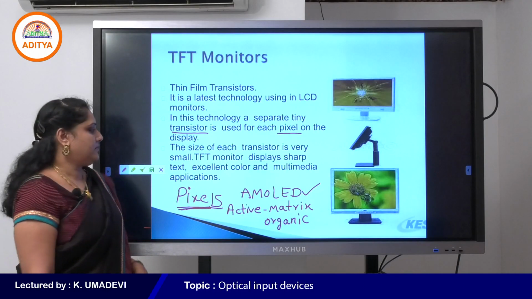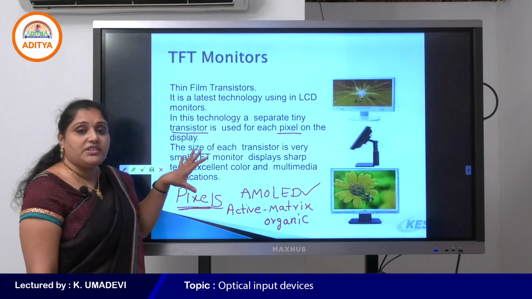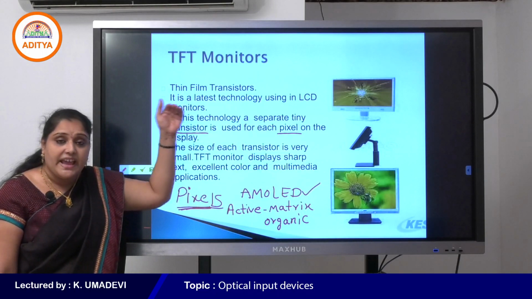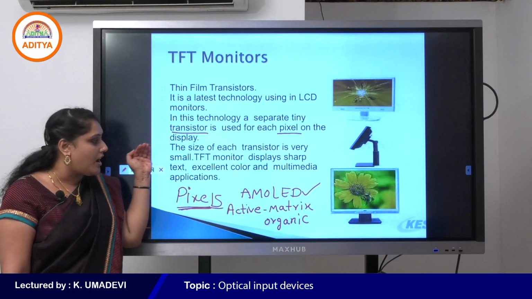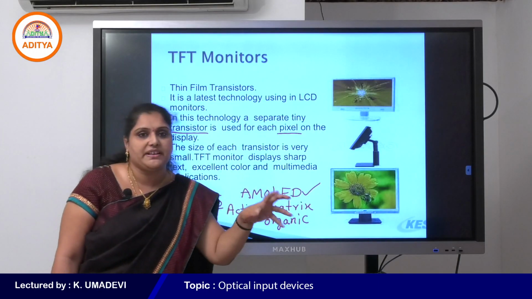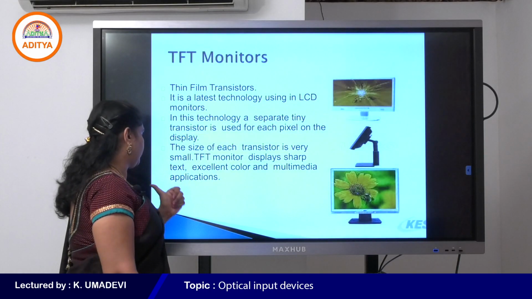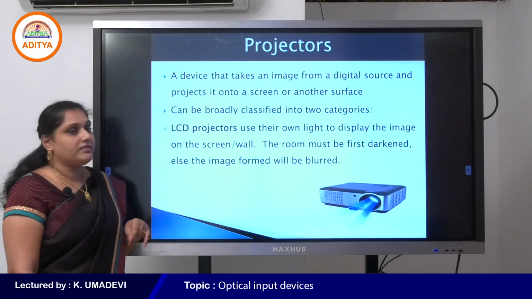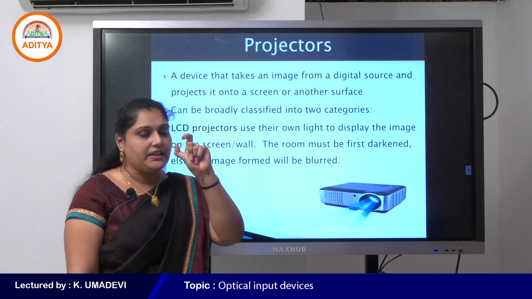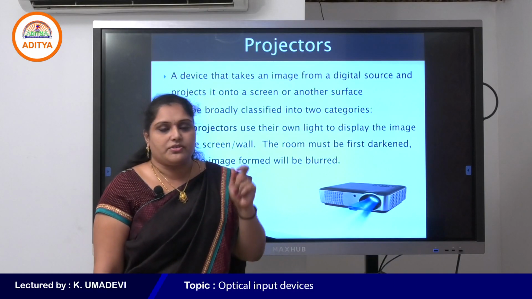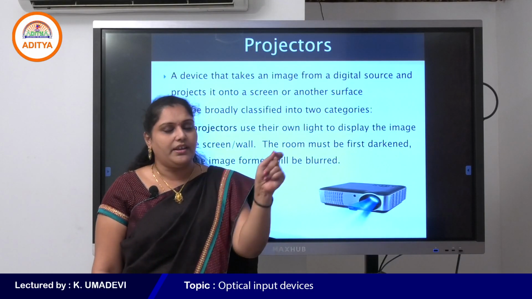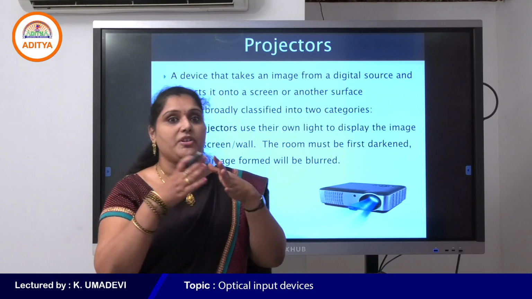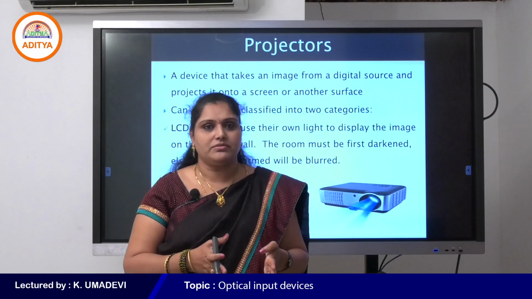This displays excellent color, sharp text and multimedia applications. Pixels help to make up an image. LED, OLED and AMOLED displays come under TFT, and Super AMOLED displays are also available now.